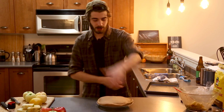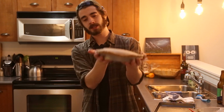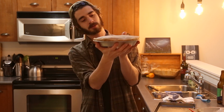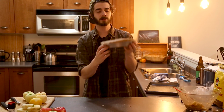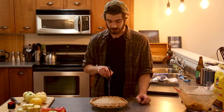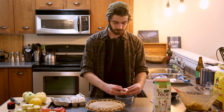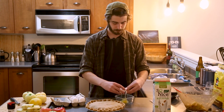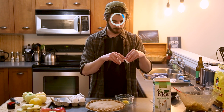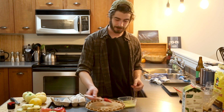Look at that, blah, pie. It's, you know, took some liberties again. It's a fucking pie though. Don't you dare tell me otherwise. We're cutting vents. I guess we just lightly